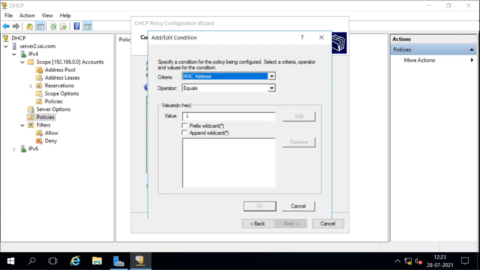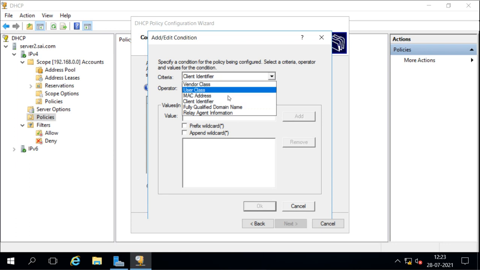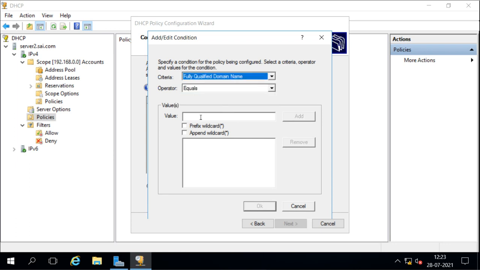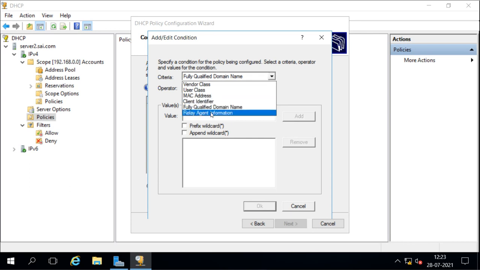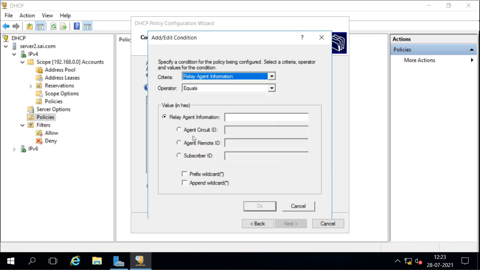You can add the MAC addresses here and say equal to or not equal to. That means if the MAC address is equal to the value you give here, then you can say what you want to do. Or you can use the client identifier. You can add the fully qualified domain name also, and relay agent information.